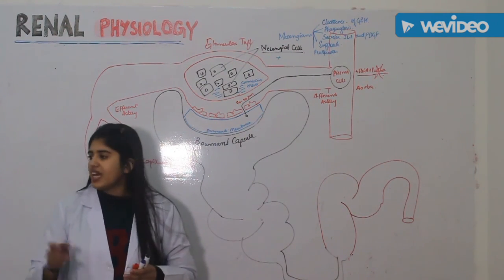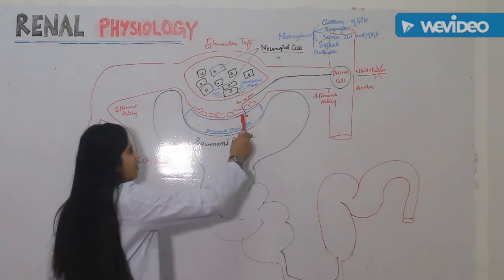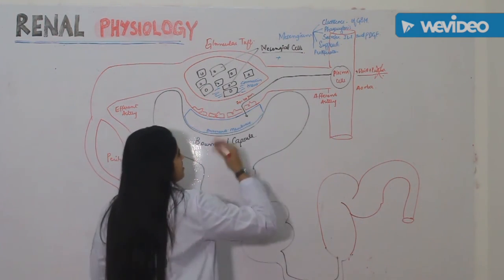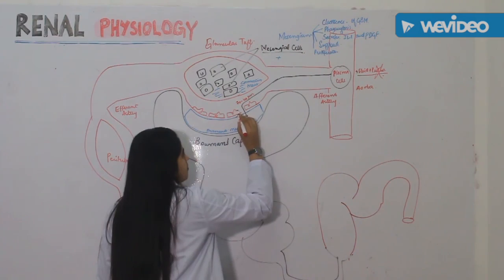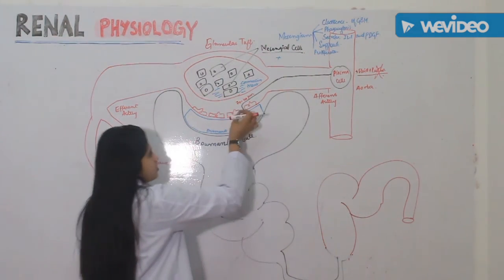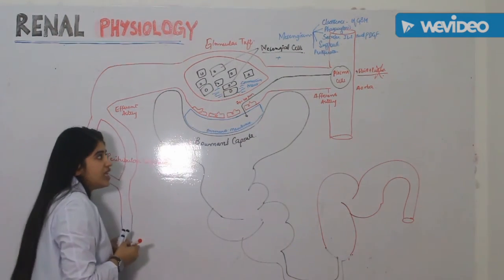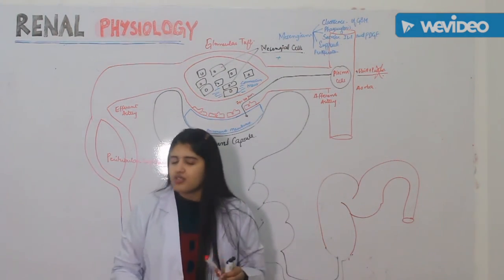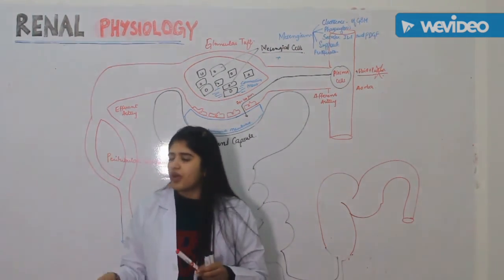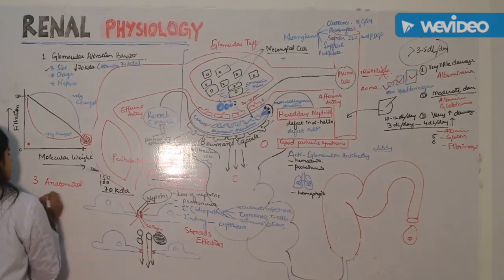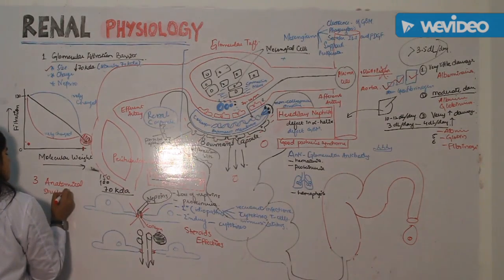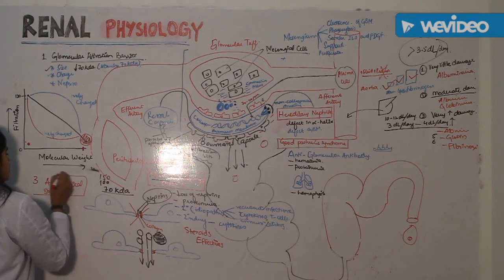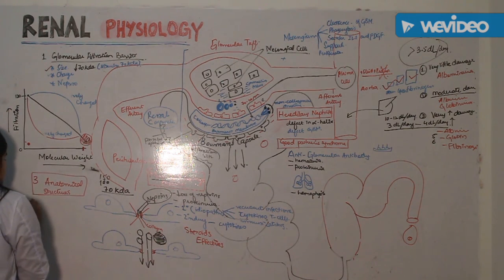But if you get any kind of injury over here, the fenestrations would become broader, and when they become broader, the plasma proteins will also pass through it. When the plasma proteins pass through it, then this will come through which there passes. First is glomerular